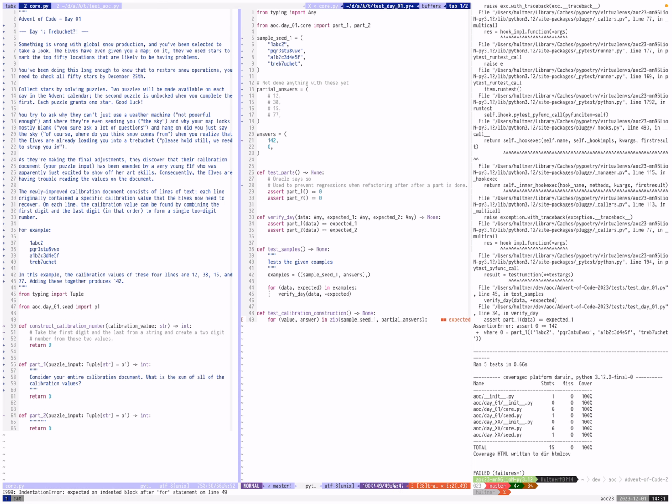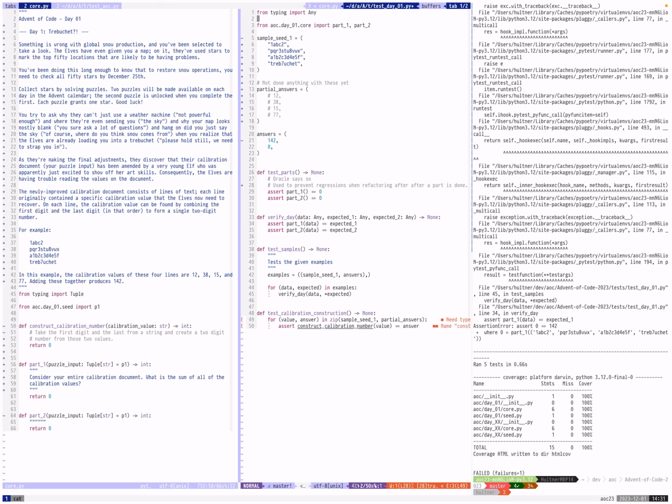This is basically gonna create tuples with paired values, and for all those I basically just want to run the construct calibration number with value, and I want to assert that is same as the answer,